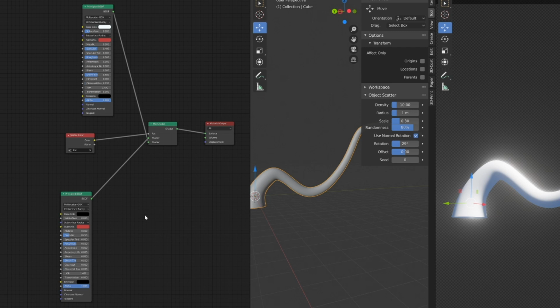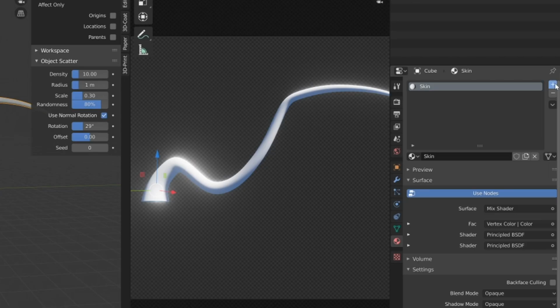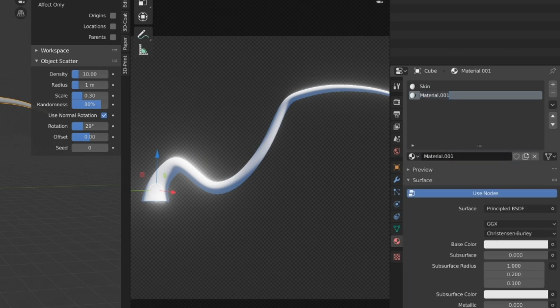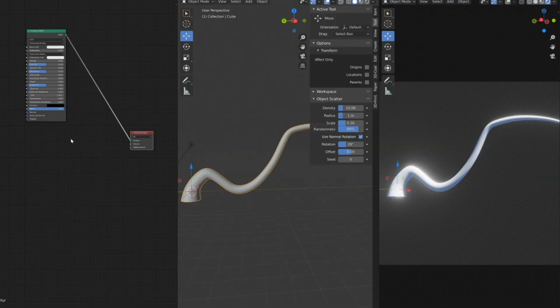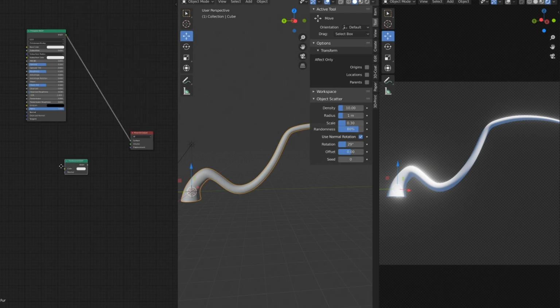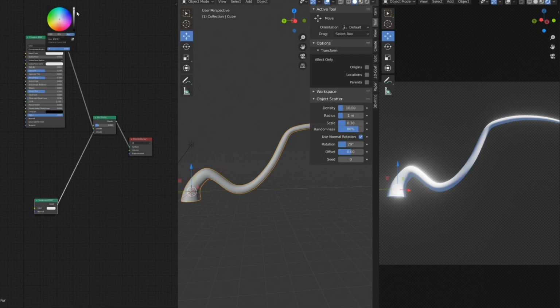as long as it's close enough to see it. I don't know how it's going to look in the rendering. I'm going to add a new material slot here with the plus sign. New. And call this, I don't know, fur. Doesn't really matter. So we're going to start with a principled BSDF shader and then add in, where is it? Translucent. And then mix shader. Set that to 0.2. Drag that into there. And then make this whatever color you feel like,